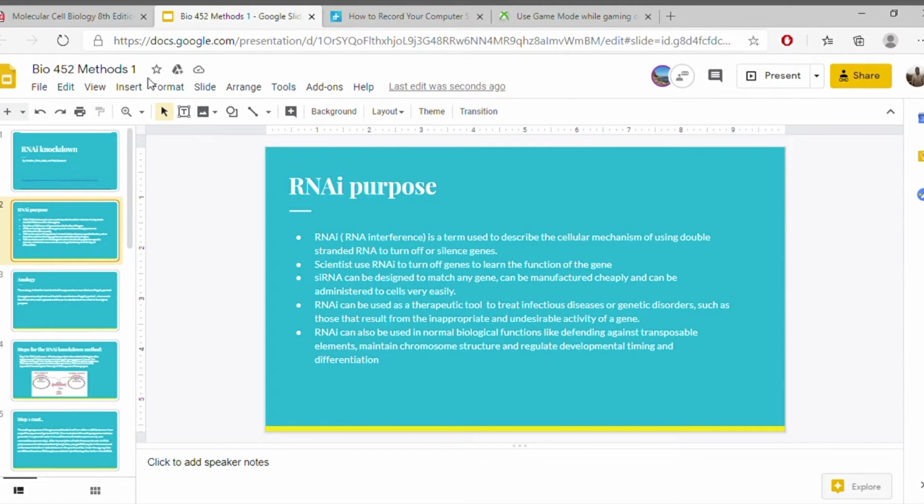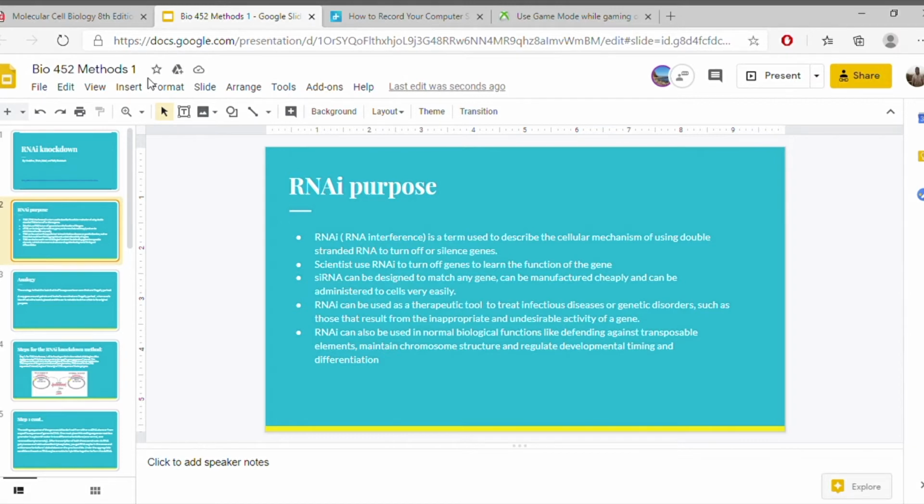Now, using siRNA is pretty cheap. It gets easily designed, and it can be administered pretty easily. And there's even some say that it can even be used as a therapeutic tool to fight off infectious diseases or even genetic disorders. And these genetic disorders would have to be due to a result of inappropriate or undesirable genes being turned off